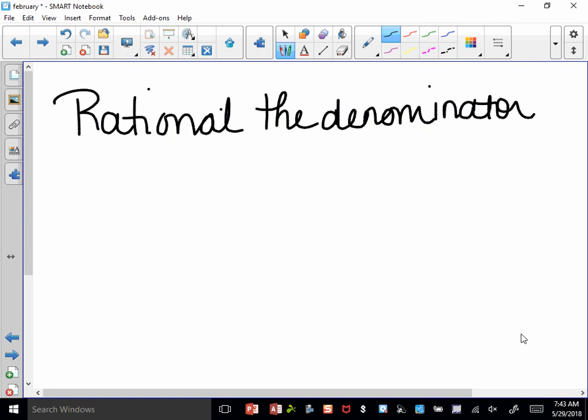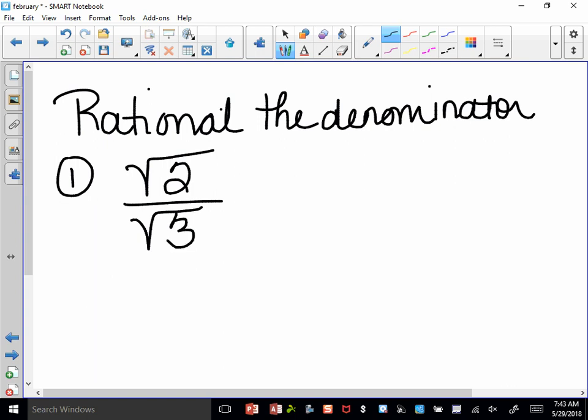All right, so rationalizing the denominator basically is how we divide with radicals. So let's just take a problem. If you had rad 2 divided by rad 3, when we're simplifying radicals by division, you cannot have a radical in the denominator. So we rationalize it, which means we make it a rational number. And you do that simply by multiplying the numerator and denominator by whatever's in the denominator, because then it makes it a perfect square. So I'm going to multiply my numerator and denominator by rad 3,